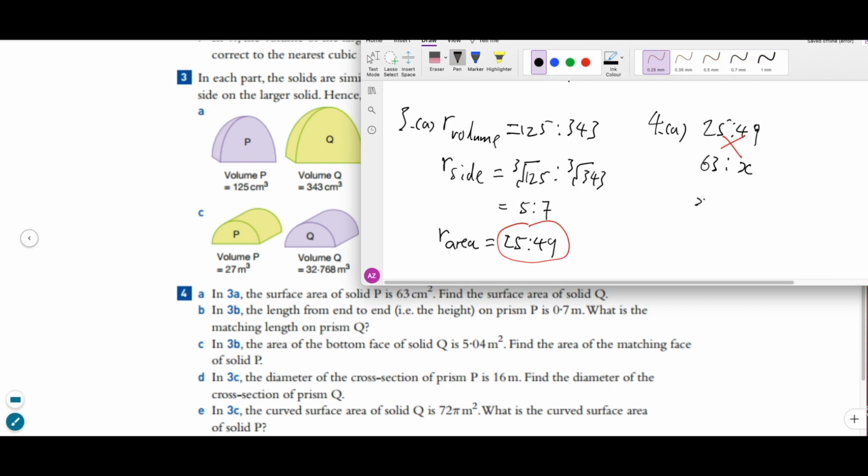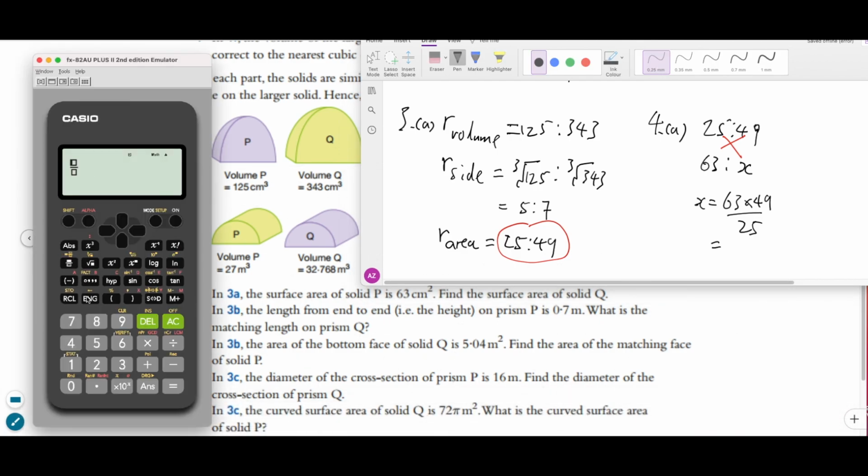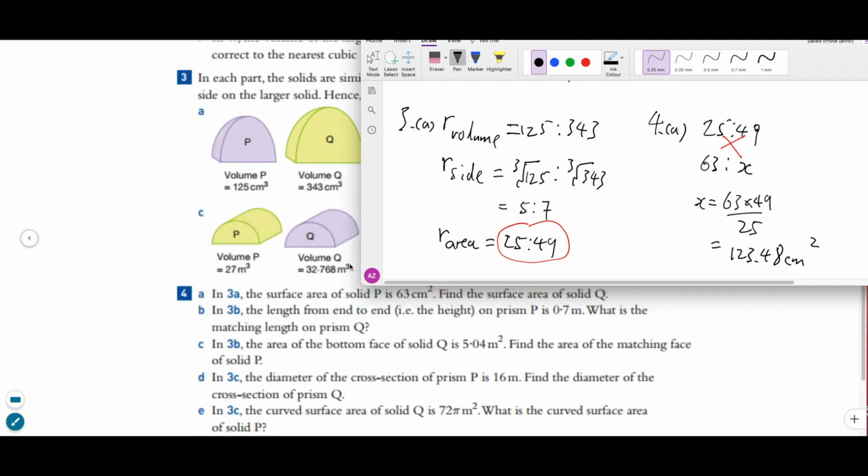So X is equal to 63 times 49 divided by 25. That should give you what? So 63 times 49 divided by 25. So it should give you that number here, 123.48. And this should be in centimeters cubed. Oh, it's centimeters squared, right? Because it's the surface area, right? Alright, so that's